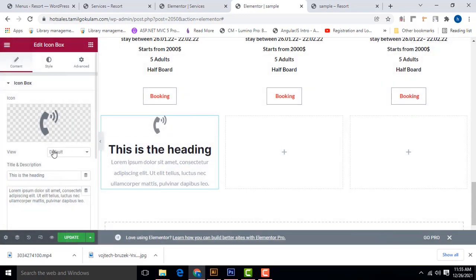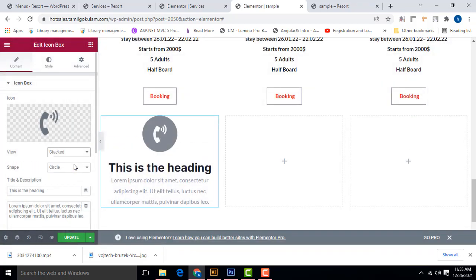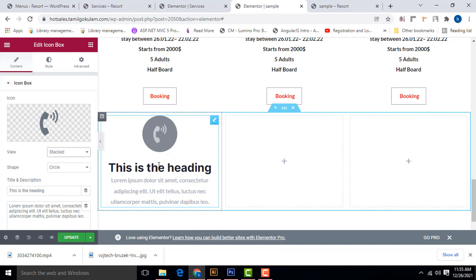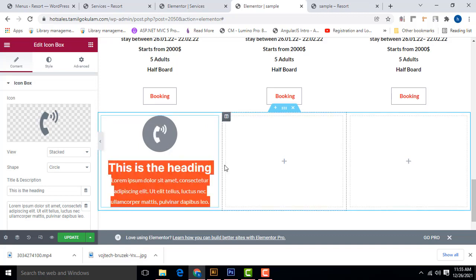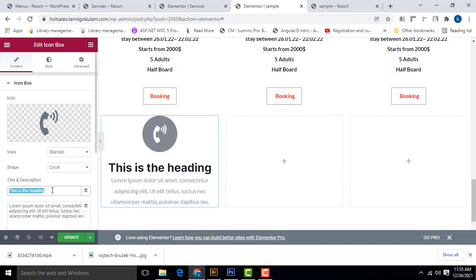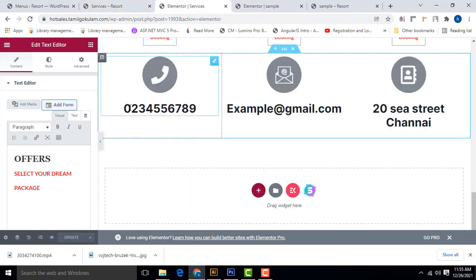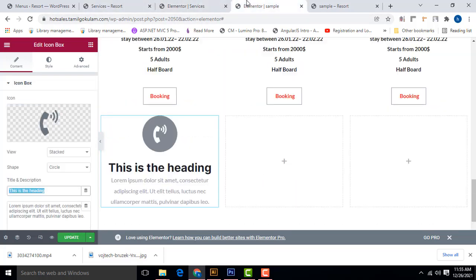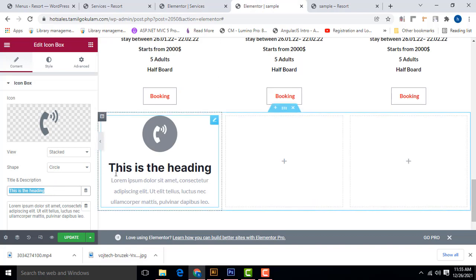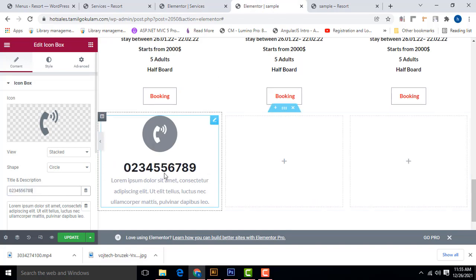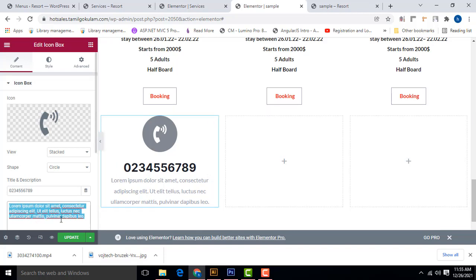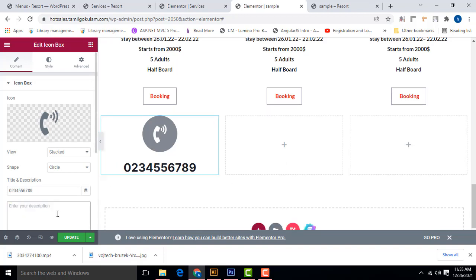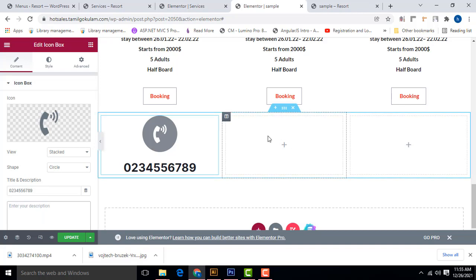Here default view is default. This one, you select this one, is perfectly well. The text I want to change this one as a phone number. I am going to give the phone number. I just put a sample number here. Just copy this one. I put it over here. Paste it. It's coming here. I need this text. If you need, you will be able to type something else. I don't need them. I leave it as blank. That's it. The same thing I do here as well.